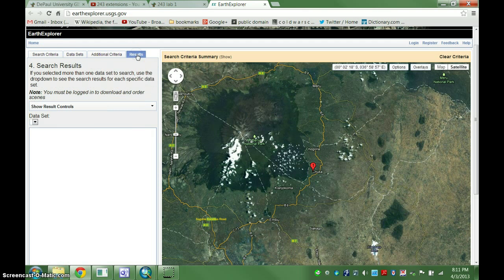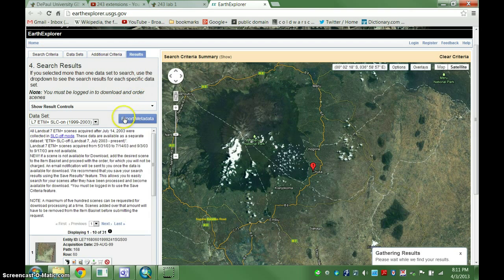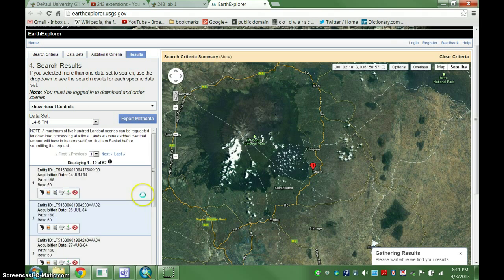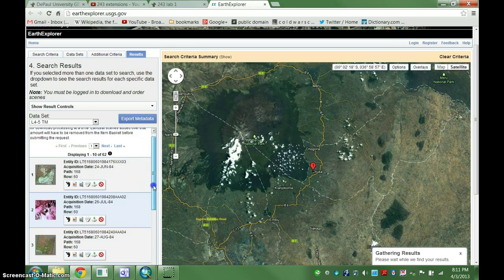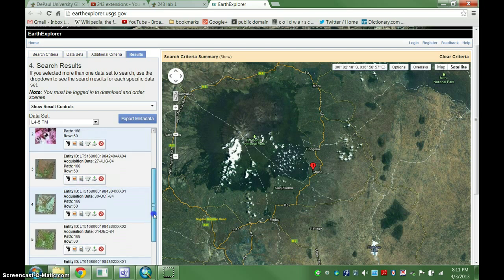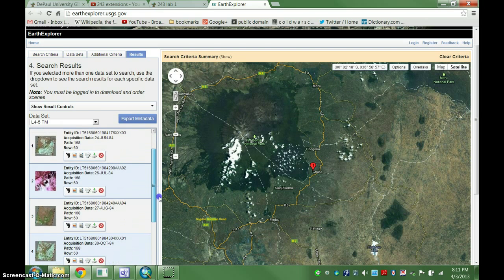I click the results tab and my search is taking place. You can see I can select either the Landsat 7 or the Landsat 4 and 5. I'm going to look at the Landsat 4 and 5. Maybe I'll find what I'm looking for there. And actually, I'm going to take a look at a particular image. So the way you browse through these is you look at them, and the best way to do it is to look at the browse overlay. And so you can see whether a particular